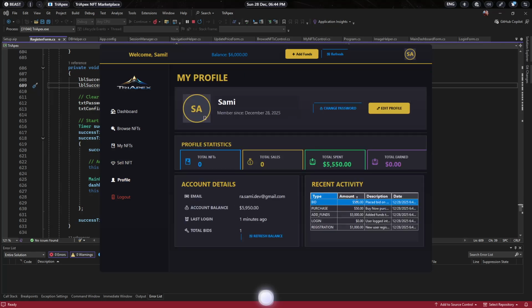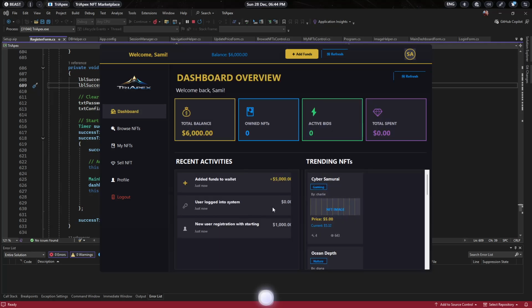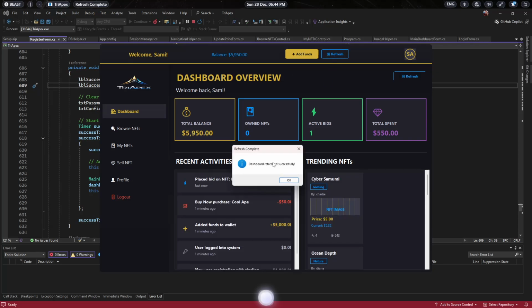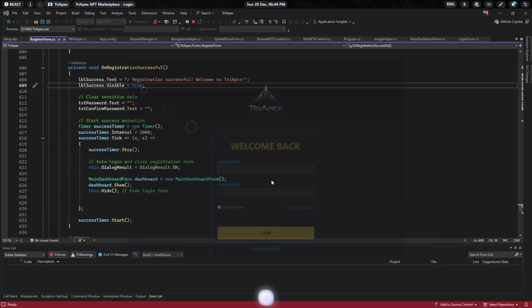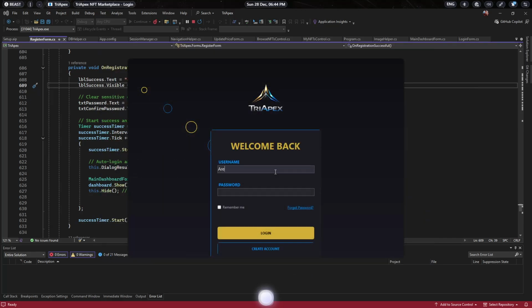We can see all the recent activity here as well, and on the dashboard if we refresh, here we can see that I purchased this NFT for $50 and placed a bid for 500. Also the balance is updated here and here as well. Once we log out and log back in with the other account,